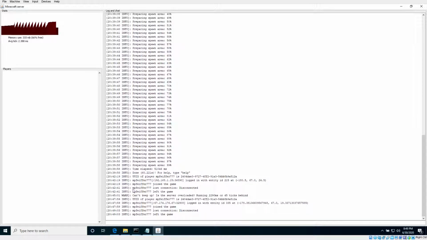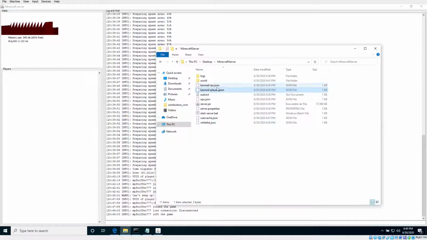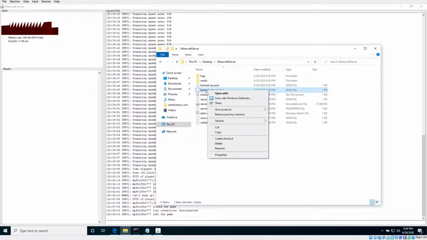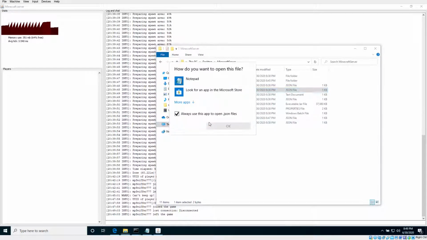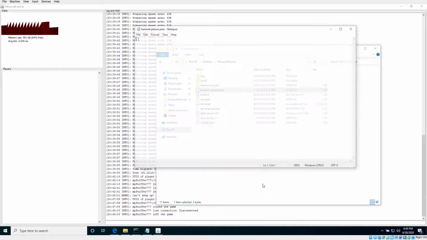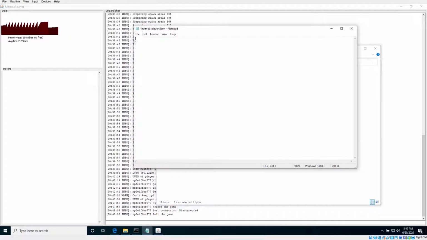So you can see here that my username is mpfeiffer777. I can copy that username if I wanted to ban myself from the server. I can open this file here. I'll just open it in Notepad. And this is a JSON array of player names that you don't want to be able to join the server. So if somebody joins the server who you don't want there, you can just put their name in here and restart the server. So in my case, the username would be